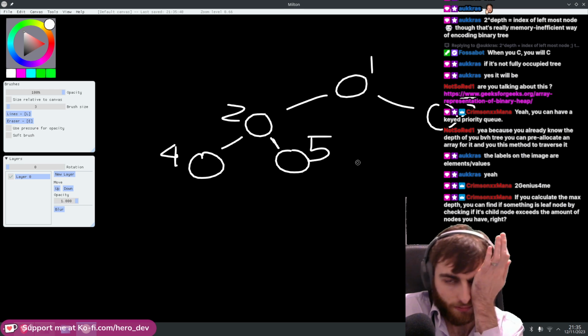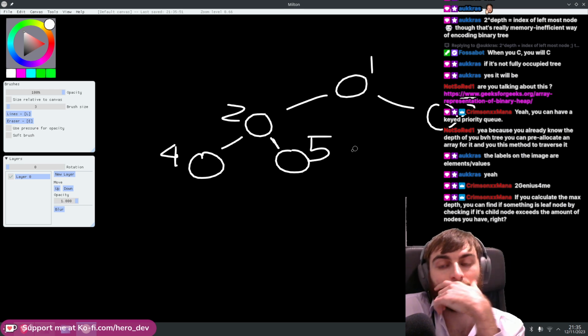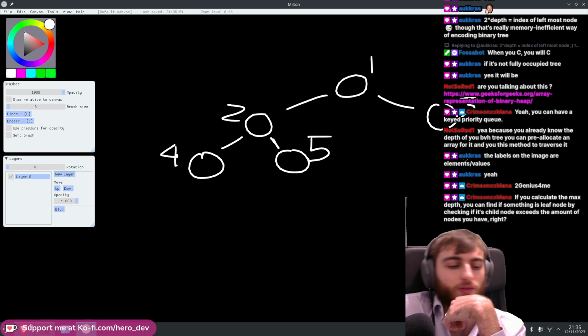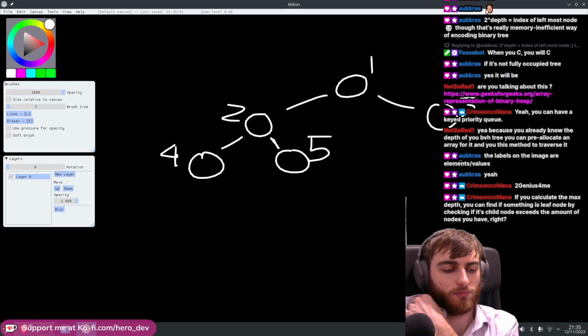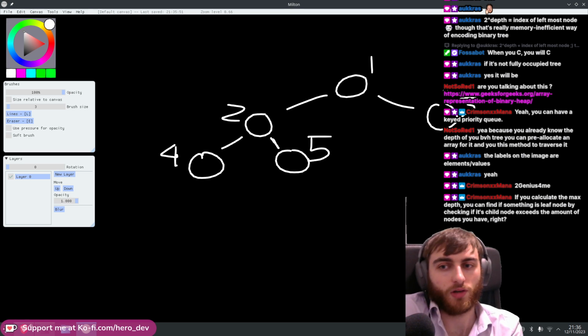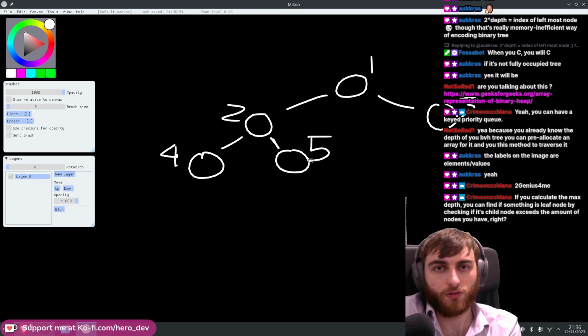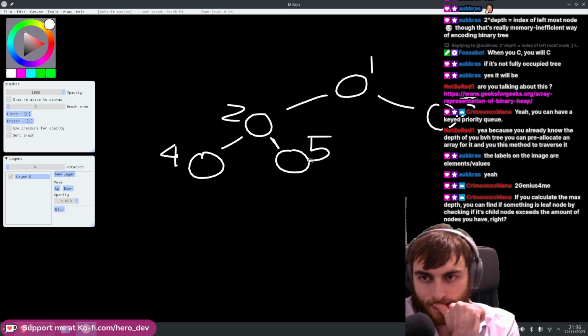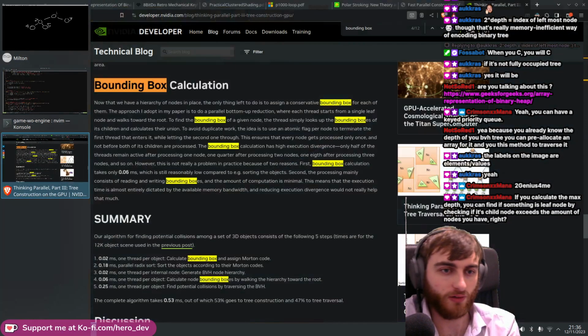Yeah, maybe you need something a bit more complicated to check this against. Yeah, you could just do, hey, if your leaf nodes, yeah, maybe that is the way you do it. Like Crimson Mania, you just check if your leftmost exceeds the bounds, then you are a leaf node. Yeah, that's probably the easiest way to check it because it's literally just